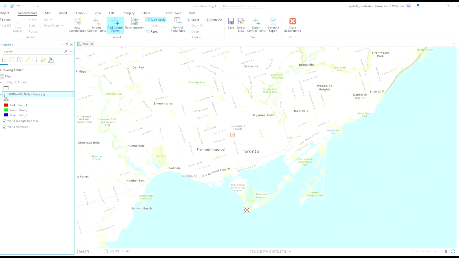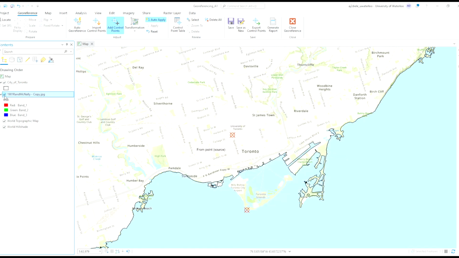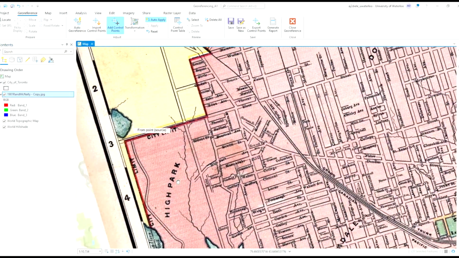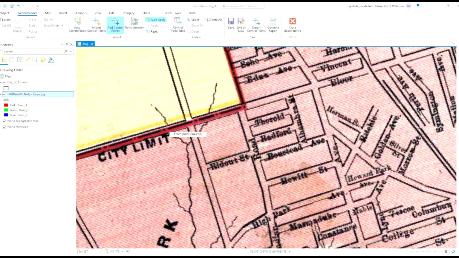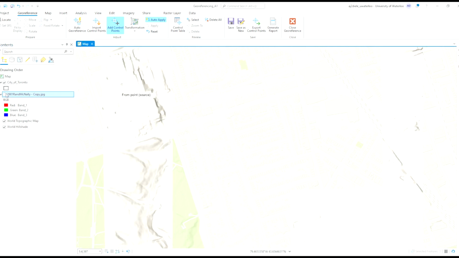But as I previously mentioned, you'll want to have more than 2 points to match the two maps up together. The third point that we will be using is the northeastern limits of High Park. It is necessary to select points that still exist in our main features. On other maps where it is more difficult to